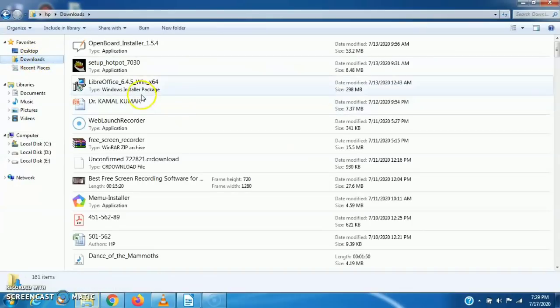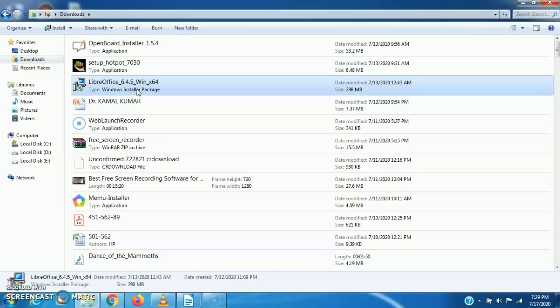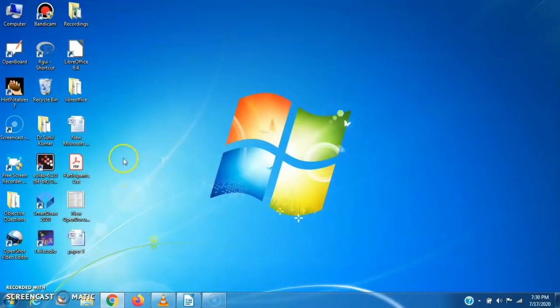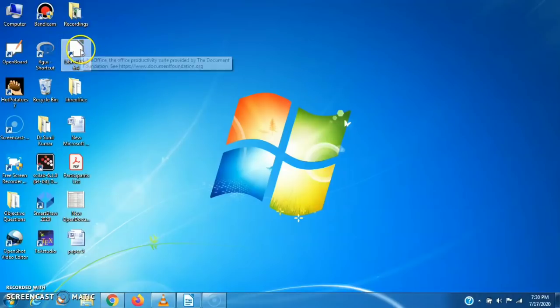When we click on download, this setup will be downloaded. It is around a 298 MB software. We can download it easily, and it is an exe file, so we can install it. After installing, we will get this type of icon on our desktop. If I click on this,